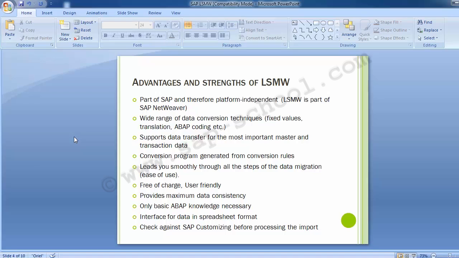Then it supports data transfer for most of the important master and transaction data. So it basically covers any of the transactions or master data within SAP in the LSMW part. Conversion programs generated from conversion rules lead you smoothly through all these steps of the data migration, and it's very easy to use. It is free of charge for all SAP customers and partners as it is included in the SAP license only,